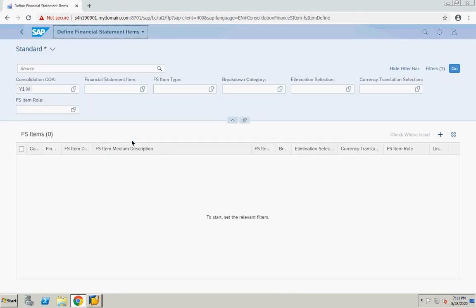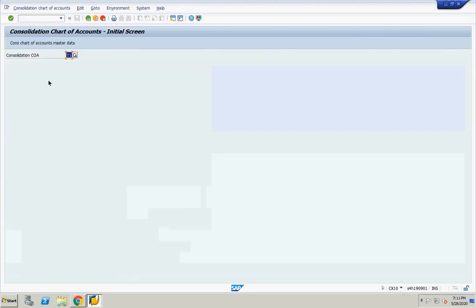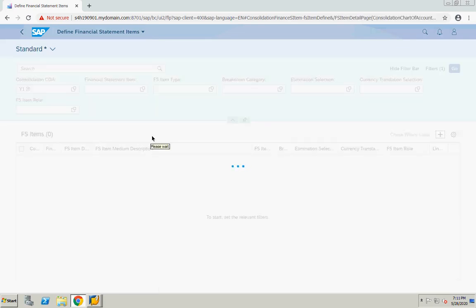First you have to create your chart of accounts. Here, define chart of accounts, create consolidation chart of accounts. Instead of Y1, you have to create your own chart of accounts, and define your financial statement item. So just click here, create, and